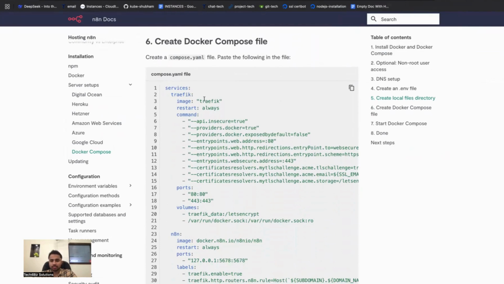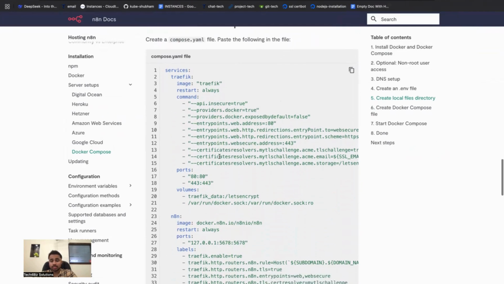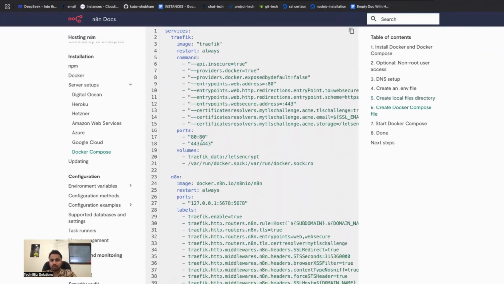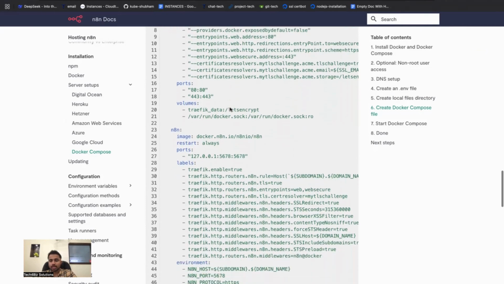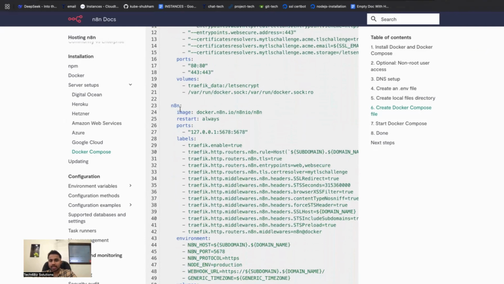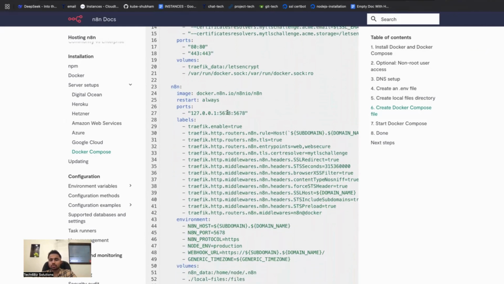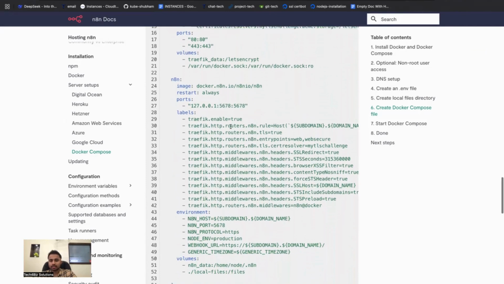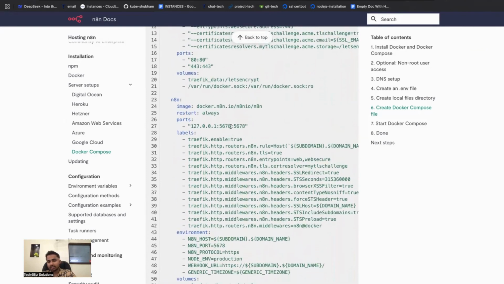First, they are taking Traefik traffic to expose to the outer world. They are exposing 8080 and 443, so these are HTTP and HTTPS ports, and they are giving entry points 80 and 443. So you are giving ACME. These are the commands which are used in Traefik, and apart from that they are using n8n's official image. So it is exposed on 5678. So they are connecting with Traefik to get a dynamic